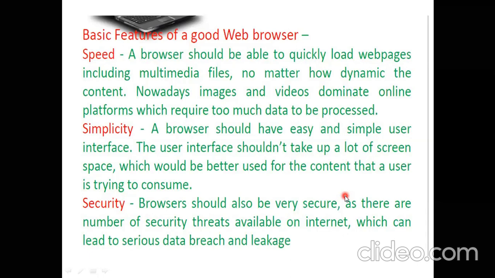We always want to go to websites or another web page. In that case, if it is difficult to even see where the address bar is, where the search box is in that browser, you will not feel like using it if its appearance is not soothing. So that should be simple.